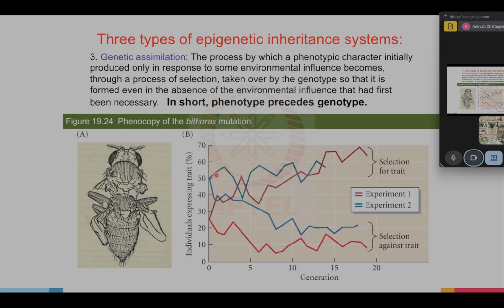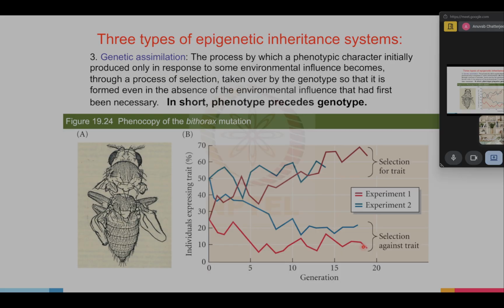So they first observed the phenotypic change and selected for it, and they saw that individuals expressing that trait increased as they kept on selecting for it. And a similar thing happened the other way around. The Drosophila in which they only selected for the two-wing trait actually showed the two-winged phenotype as they went further and further